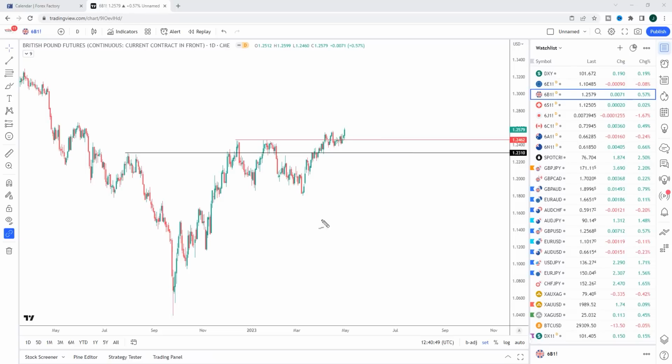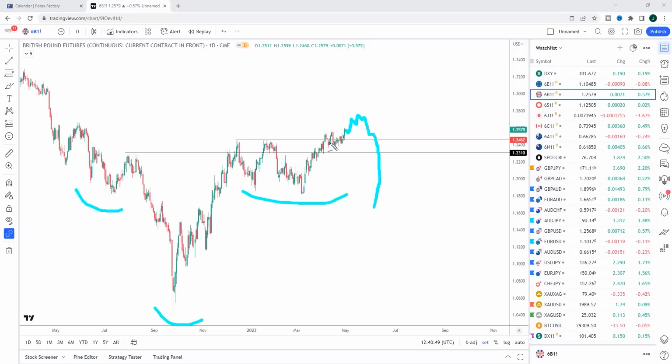Next is the pound. Now the pound is actually breaking out of this pattern here, and this is a major breakout in the pound. There's no doubt about that, this is a major breakout, and we continue. We had a strong close here as well, which does tell me we may still have some more upside. And even if we push higher, even if we start to break a bit higher, I do think that this is going to ultimately fail back down below this level, and that is going to see the market heading lower, as I've been saying to you in these videos all year.